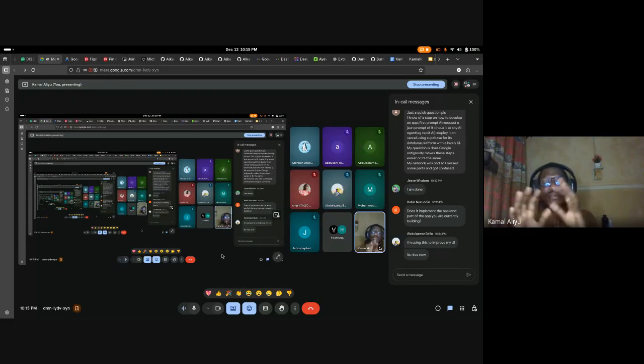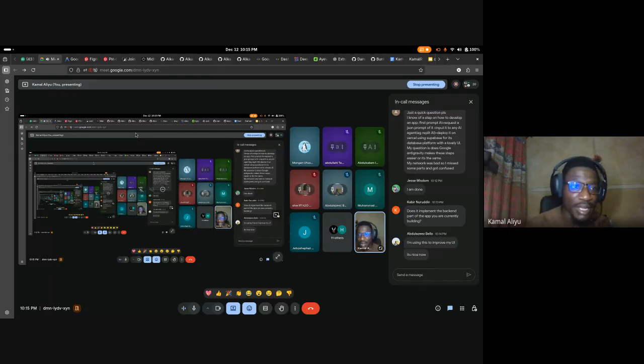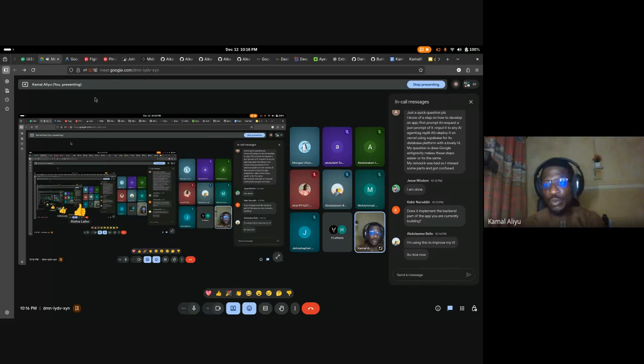And when Antigravity is done building the app, it will open the app because it has an inbuilt browser with Google. It will open the app, and on the screen you can just highlight your place. Let's say this is the screen, and this place I don't want to be like this. I can just highlight it, take a screenshot and add a comment. Maybe it's showing Kamal here, and I want to change it to Morgan. I don't have to go back to the AI and say, okay, change this part to this. No, I'll just highlight the place and type it as a comment: okay, change the name to Morgan, not Kamal, and it will do it. You don't have to go back to the code base to do that. So yeah.